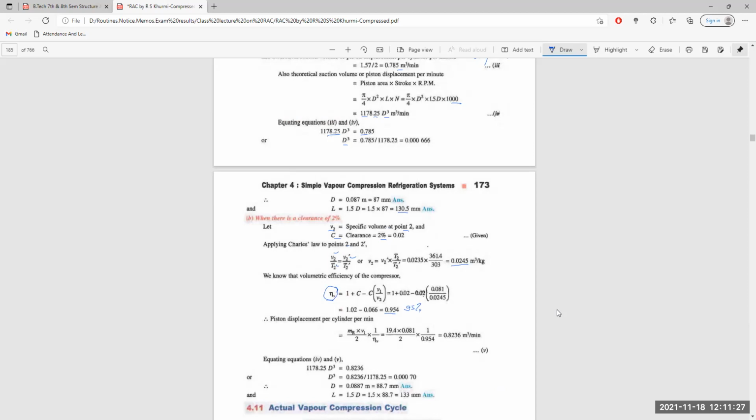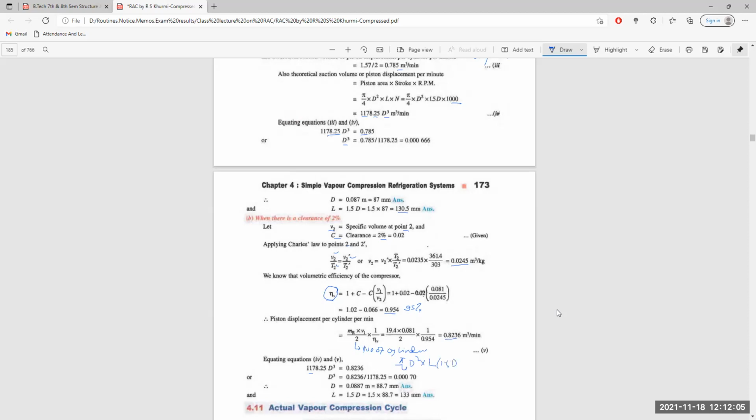So piston displacement will be the mass flow of the refrigerant multiplied by the volume coming in, divided by 2, the number of cylinders, then divided by the efficiency 0.95. The piston displacement will be given as 0.8325. Again we equate that with pi by 4 d square into L as a swept volume. This is equal to 1.5,